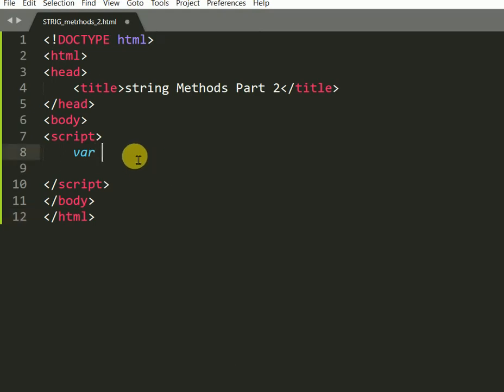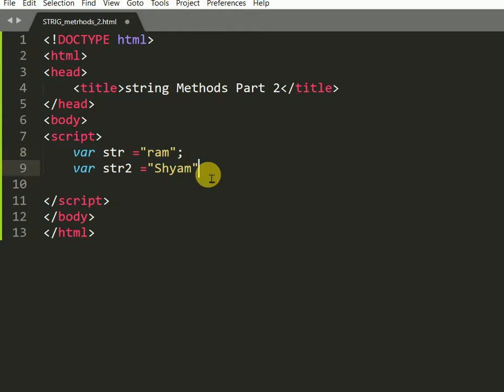So here I'm taking a variable str1, Ram, and str2, Sham. Taking a third variable, str3.